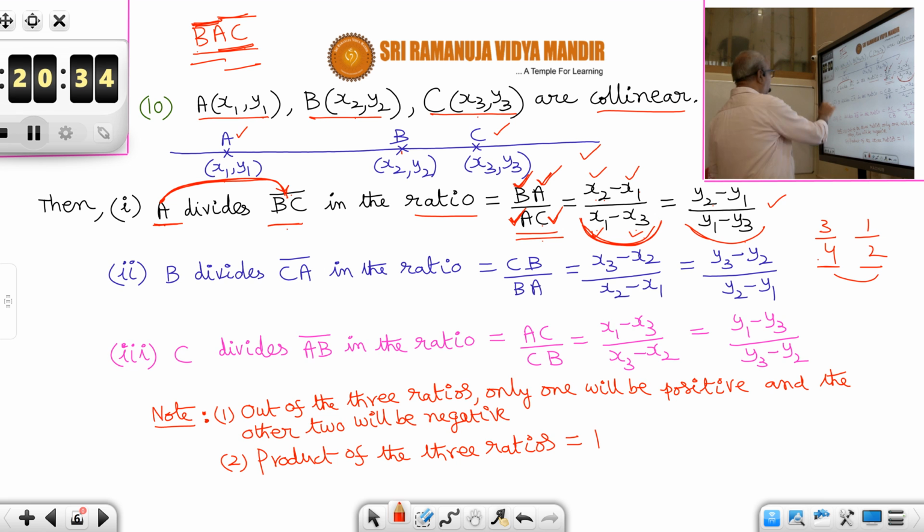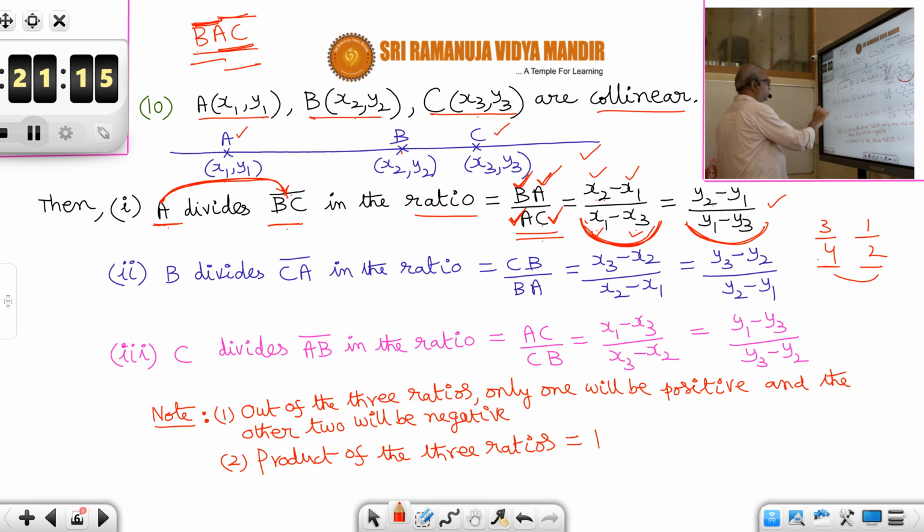See, find the ratio in which A divides BC. This question can be asked only when the 3 points are collinear. If the 3 points are not in a line, then there is no meaning in finding the ratio in which A divides the line segment BC. So the question itself is wrong. If the points are collinear, then whatever ratio you get using the x coordinates, you will get the same ratio using the y coordinates also. Of course, we will see that in an example on the next page.